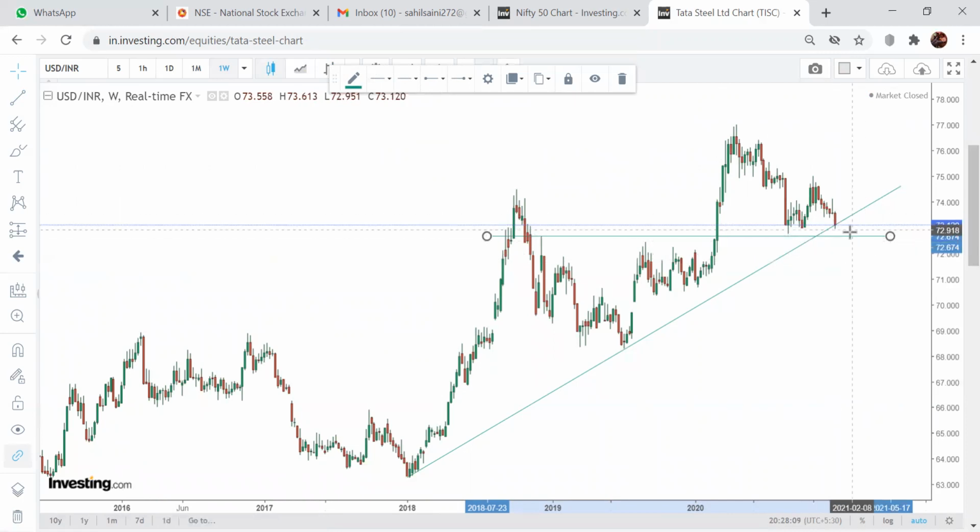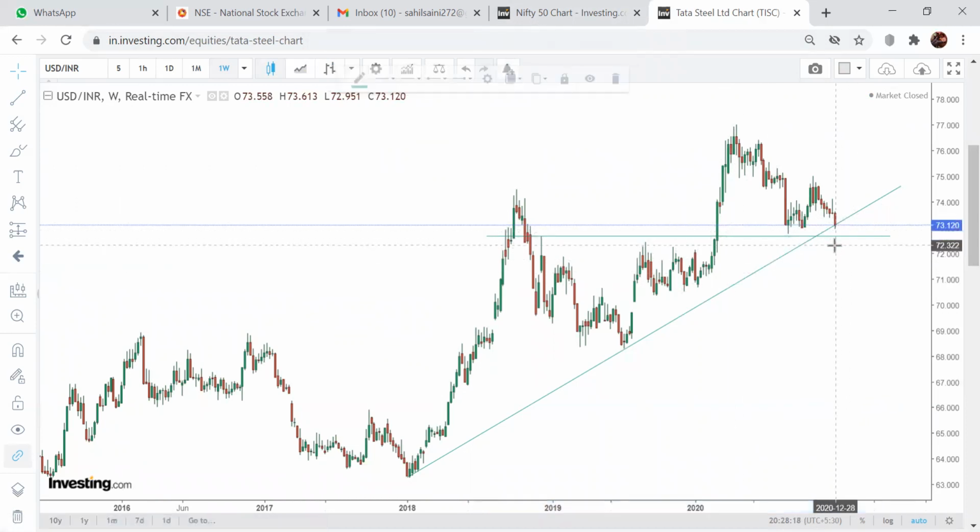If it breaks down this level, then Nifty IT can correct a little bit, because the increasing price of the dollar and depreciation of the Indian rupee is actually beneficial for them, because lots of IT companies have clients in foreign states, and they trade based on USD INR prices. So the up move of USD is important for them.